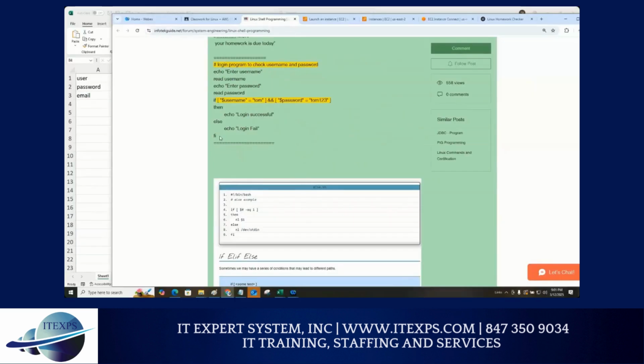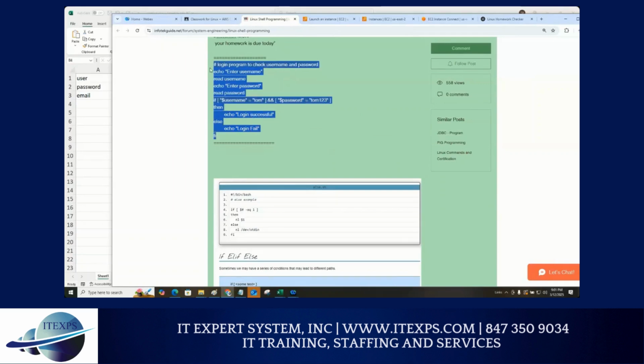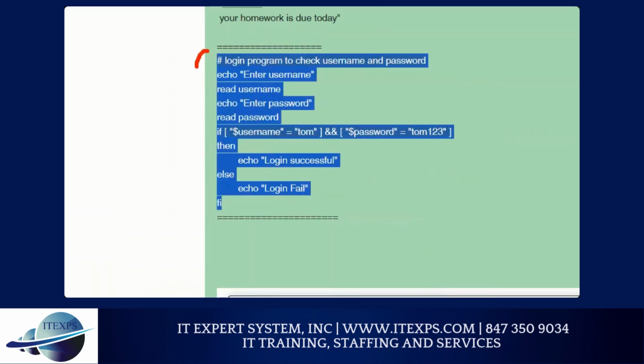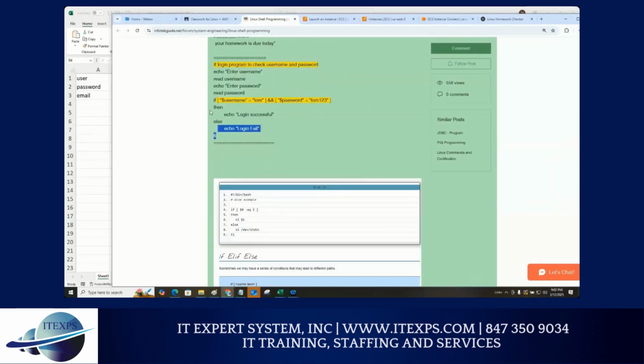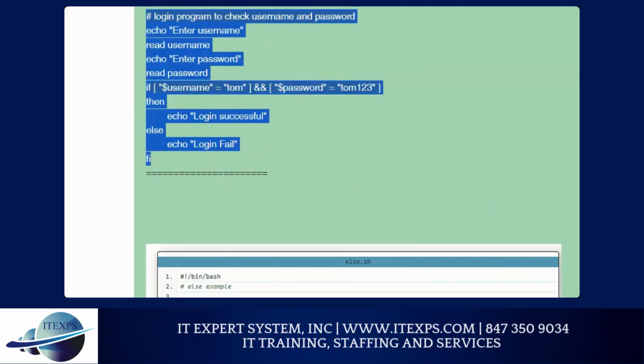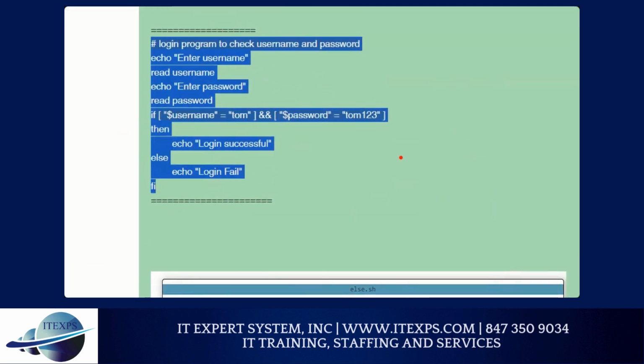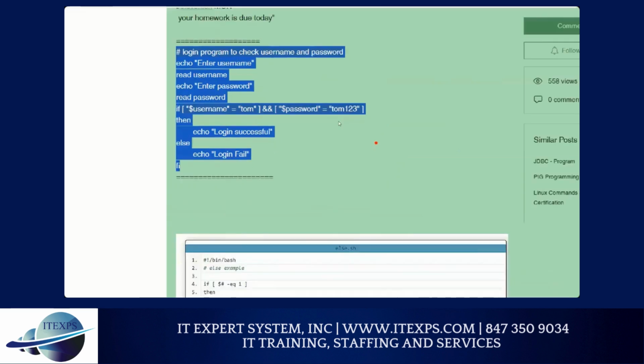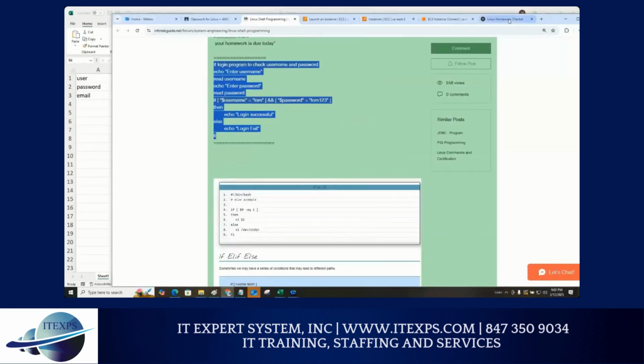So you have to highlight and copy this. This is your program, copy this. Highlight and copy. Control C. Copy that. Highlight and copy. Control C. Makes sense? Now, please understand, we are copying this program. Let's go to our